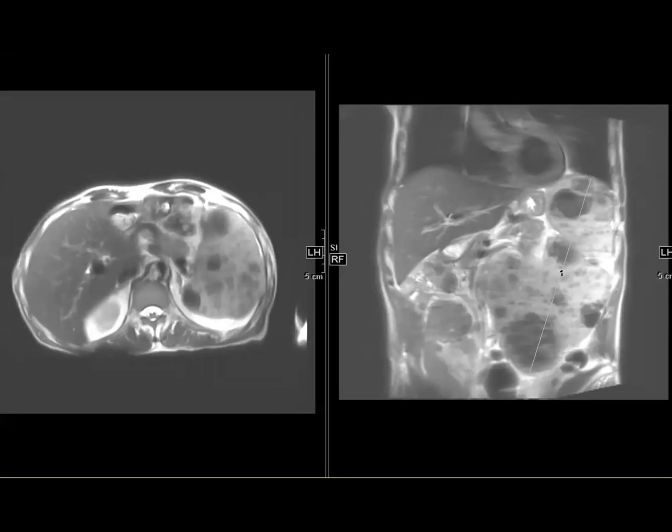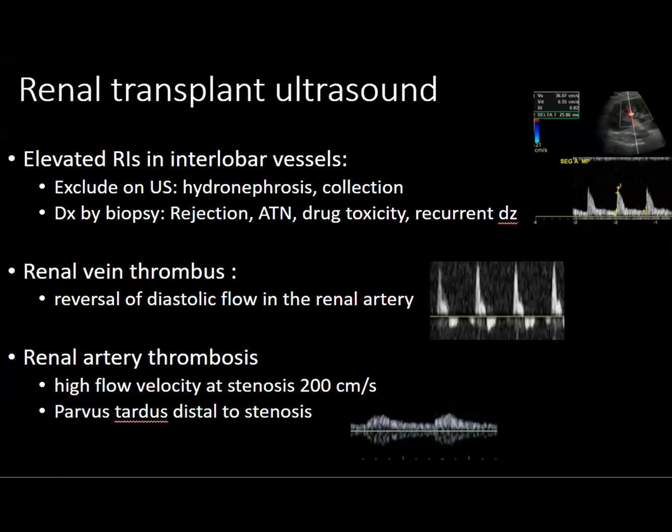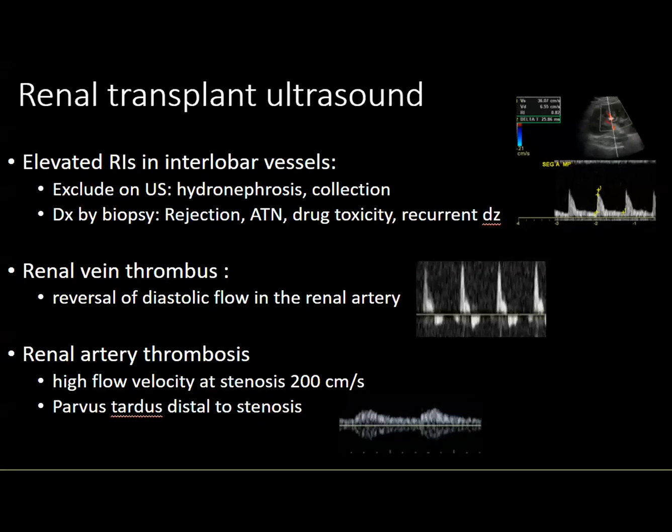Oh, actually, let me see. I did make a little slide, if I can show you guys. Just a little review. So renal transplant ultrasound, the most common thing we're going to see is elevated RIs in